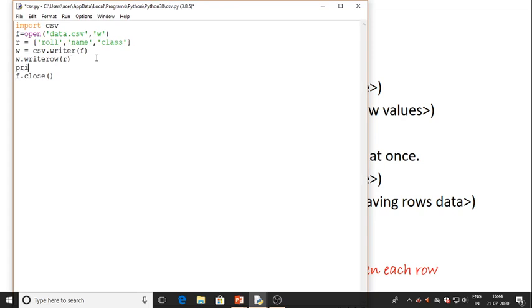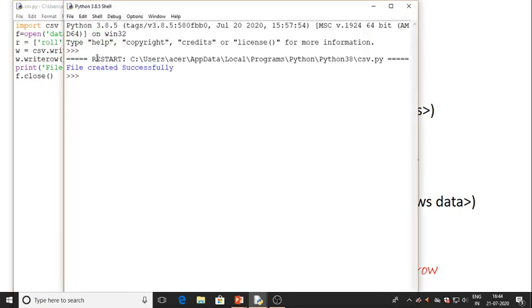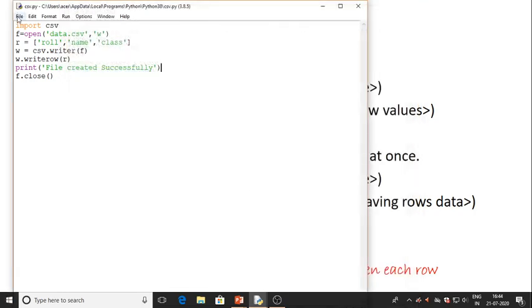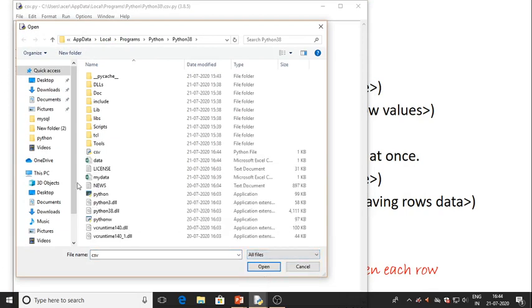एक print statement दे देते हैं. File created successfully, and I am going to execute it. File created successfully. Let's see create हुई कि नहीं हुई. All files, and see here I am having this file data.